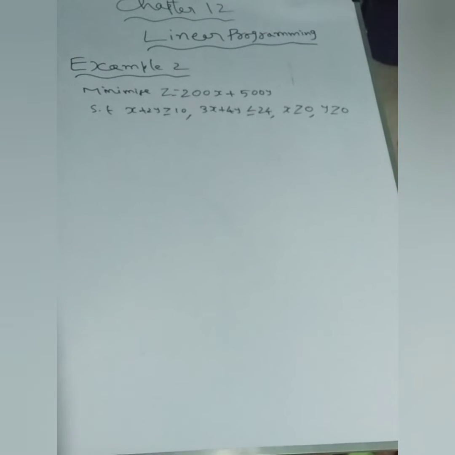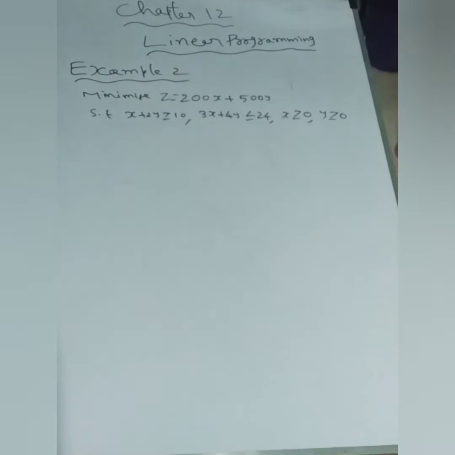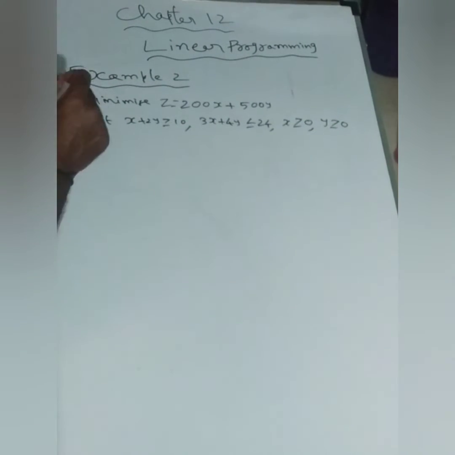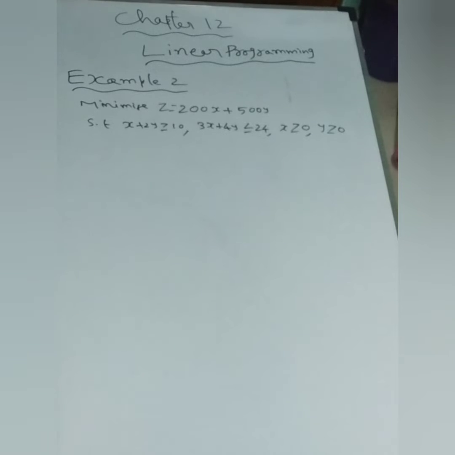As we did the last question, like that we have to do this question also. Before that, we have seen the maximization problem in example 1. This is a minimization problem. Both are equivalent problems. The only difference is that in maximization we have to see the maximum value from the corner points, but here we have to see the minimum value according to the corner points. Let us do the problem.